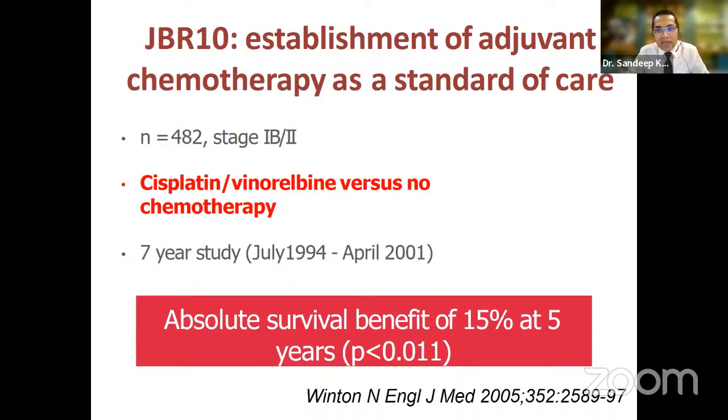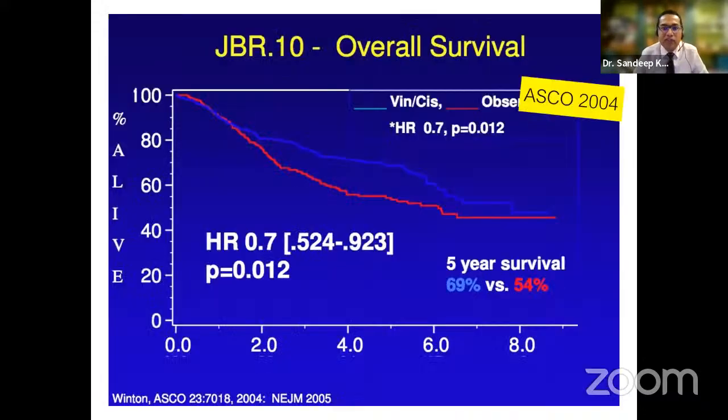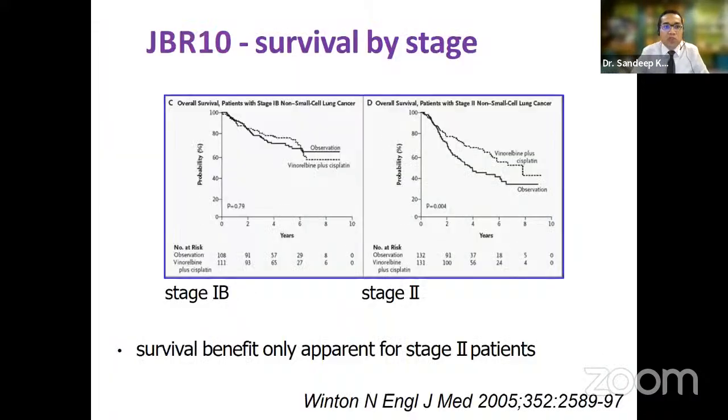So then came the JBR-10, which actually established the role of cisplatin and vinorelbine versus no chemotherapy, and the absolute benefit was around 15% at the end of 5 years. So this trial not only demonstrated the survival benefit, but also commented upon the use of chemotherapy only in selected stages, like survival benefit was seen for stage 2 onwards. So we came to a conclusion that there might be a subset of patients in stage 1 who might